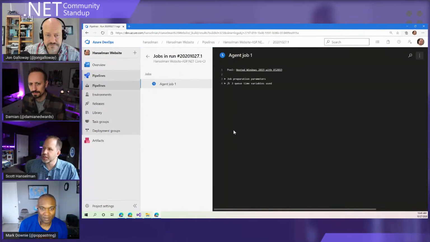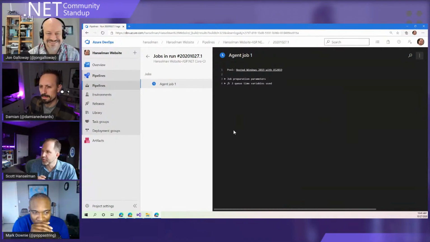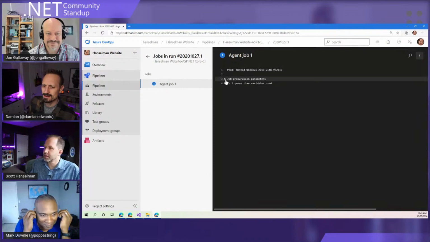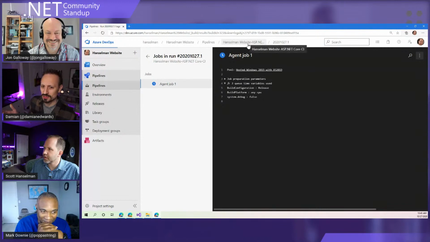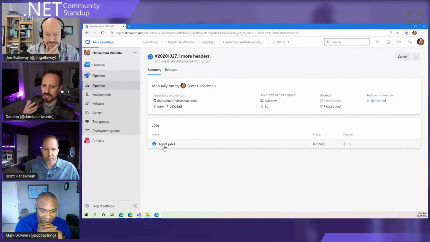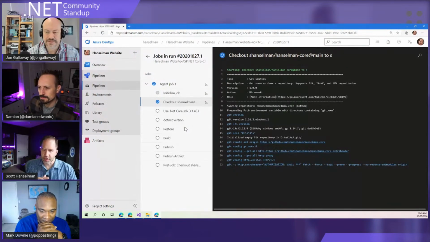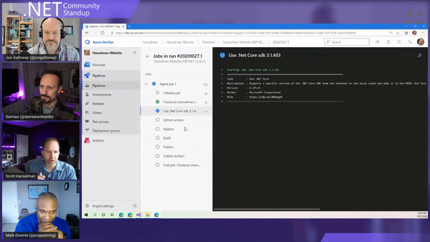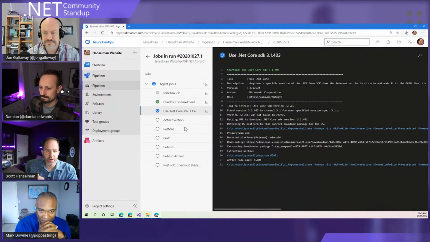So here we are. So we're going to build. This is the home page of Hanselman.com. Yep. In production, because that's how we do things. Oh, yeah. All right. And these are self-contained deployments, which is why we have to fix this, right? Because if you're running a framework-dependent deployment, you will get patched as soon as the underlying machine install effectively. So at the time that we started this process, I felt more comfortable with self-contained. I felt like it gave me a sense of control, and I felt like I could get the latest version on Azure quicker than Azure could. Yep, absolutely. I understand that may change in the future.